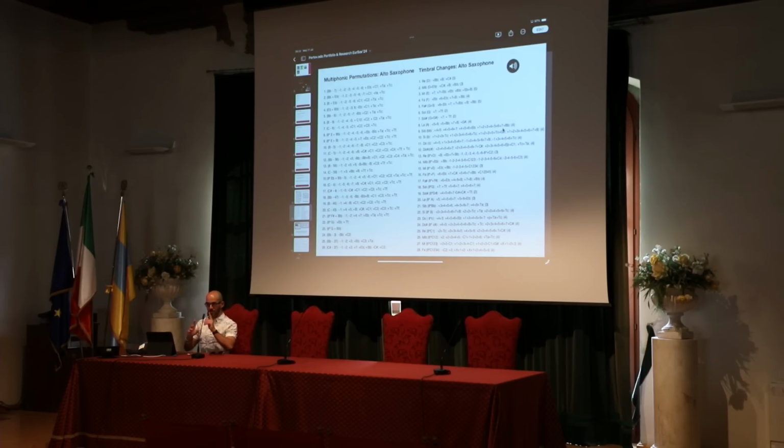I selected one multiphonic, and I notated and recorded all the possible movements from this multiphonic without having to rearticulate the position. So, for instance, this is a famous, easy one, B flat -7, and where I can go from here without releasing and attacking a new position.